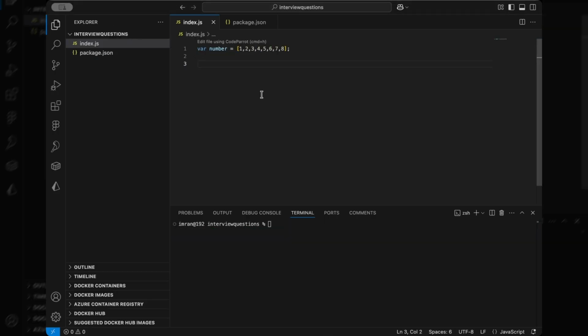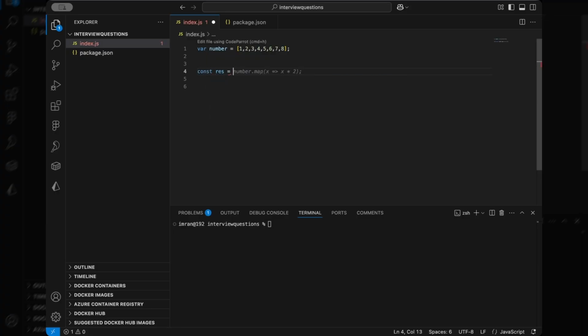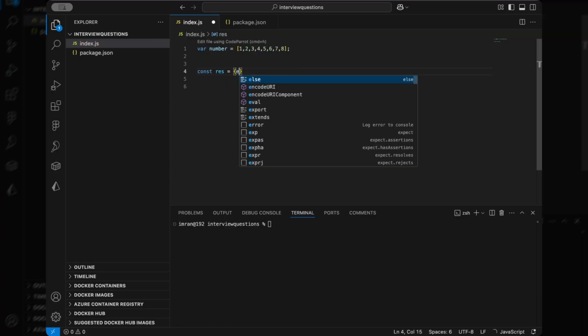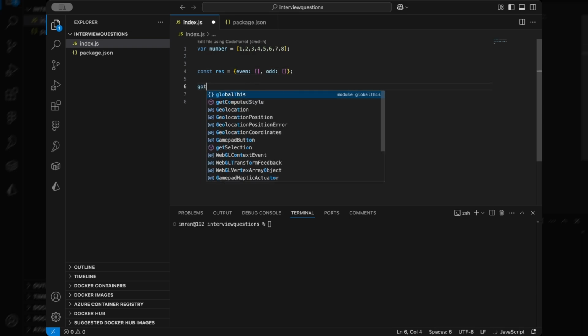So the ninth interview question is that, for example, we have this array of numbers, and within that array we need to find even and odd numbers. This interview question was asked of a friend of mine at Kareem. So what he needs to do, he just needs to declare two different variables, or just one variable with two different arrays. So const res is equal to, let's print, even empty array and then odd, and then you just need to write the loop for